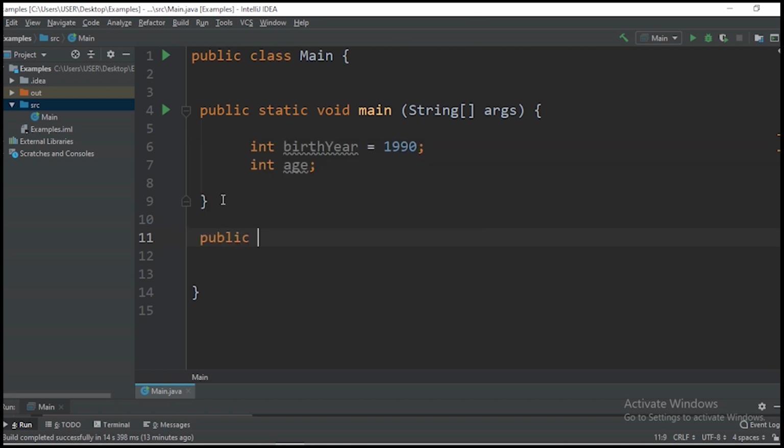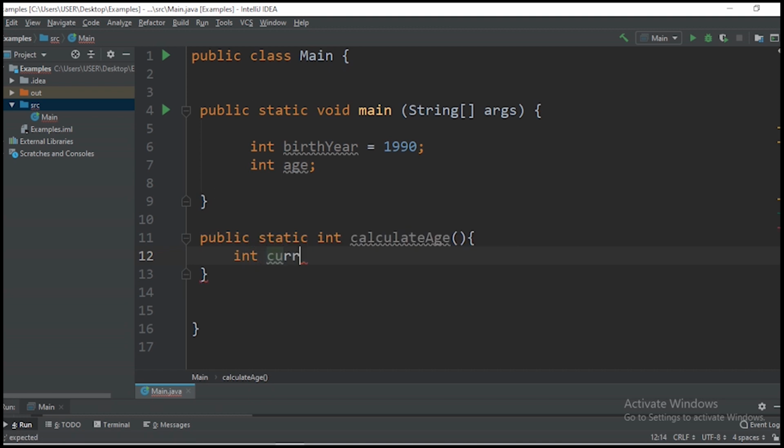Public static int calculate age. Inside this class, let's have integer current year equal to 2023 and return